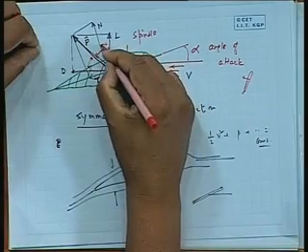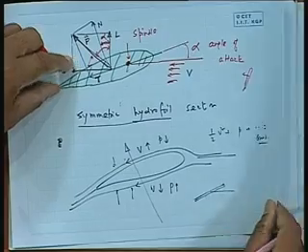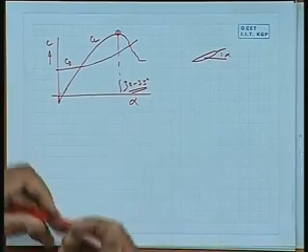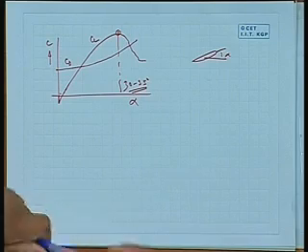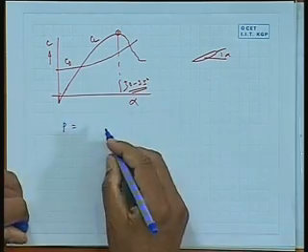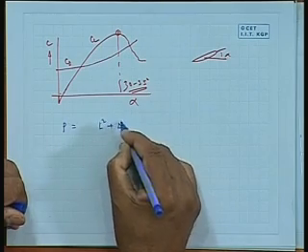This is alpha, so this part is alpha. I will just write down this expression, that is very simple. So P becomes L square plus D square,